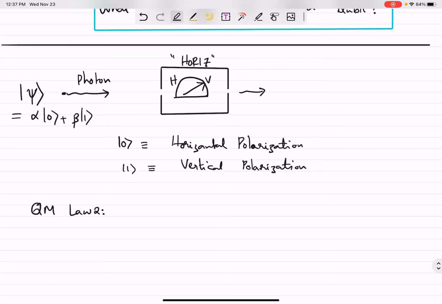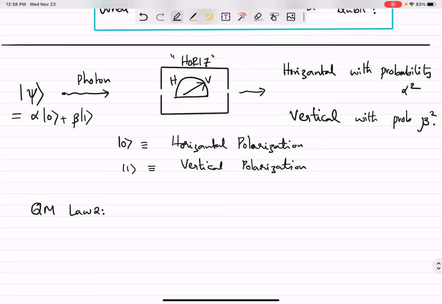So when I pass it through this, what you'll see is it reads horizontal with probability alpha squared, okay? And it will say vertical with probability